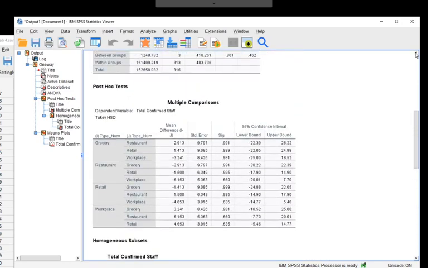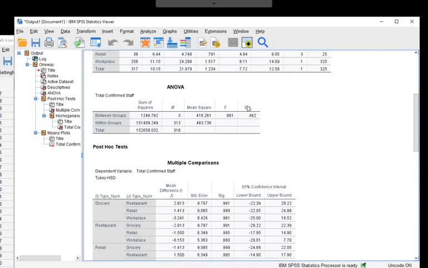So then, here's where we're interested, right? So this is our F statistic. This is where it calculates our F statistic. It tells us our sum of squares. It tells us the degrees of freedom, and then our mean square, and then finally our F value and the